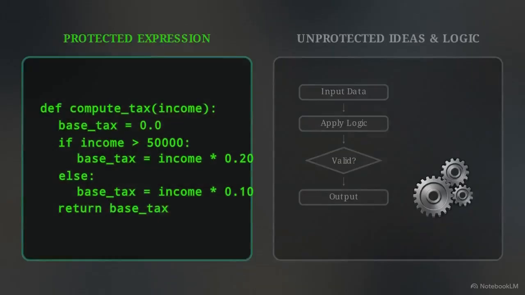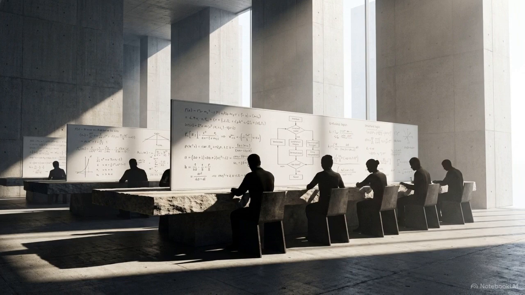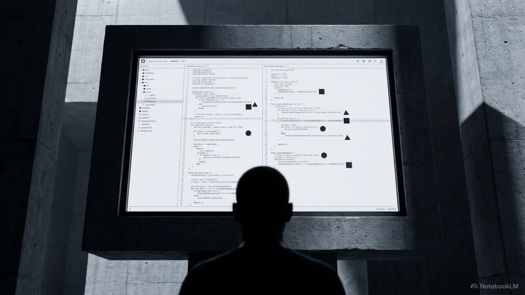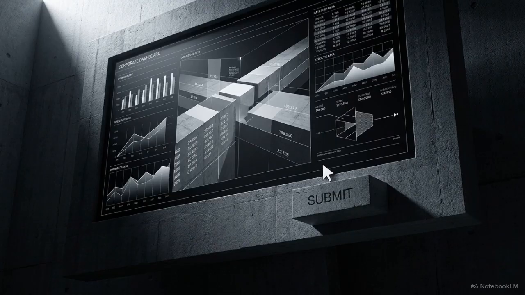However, there is a strict boundary. Copyright protects the expression of the code, but it never extends to the underlying ideas, the mathematical algorithms, or the program's basic functionality. This exclusion exists to ensure that basic principles and logic remain in the public domain, preventing a single entity from monopolizing the building blocks of technical progress. Therefore, software is protected based on the unique way it is written and structured, regardless of the specific task the